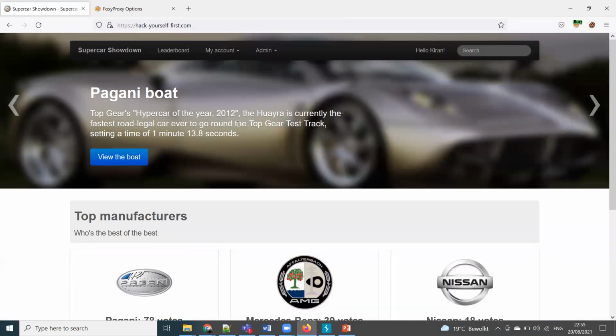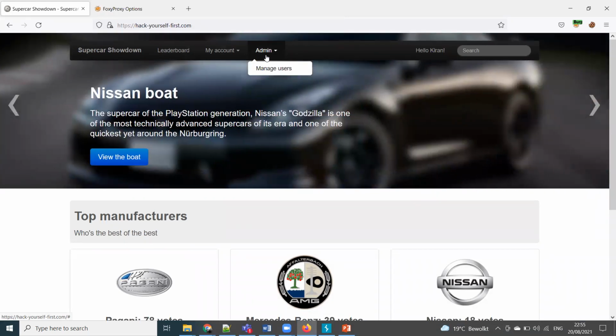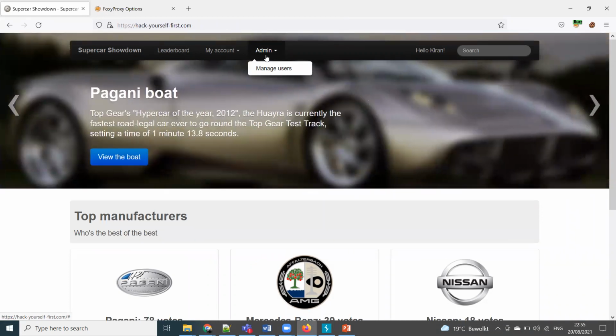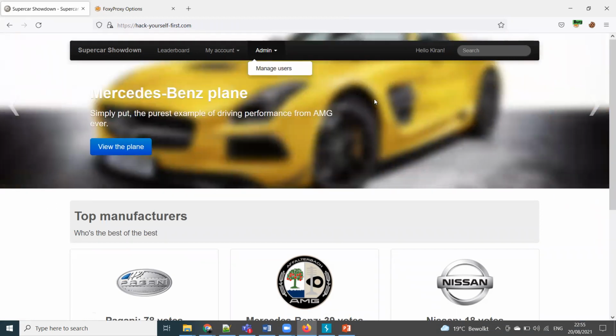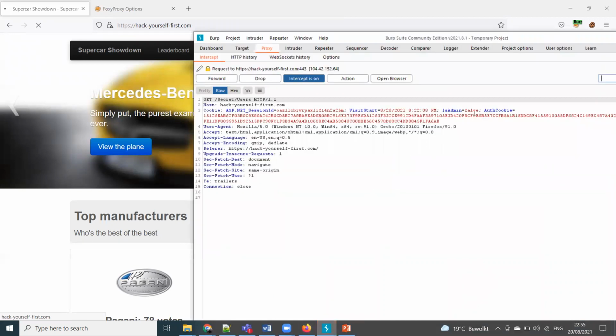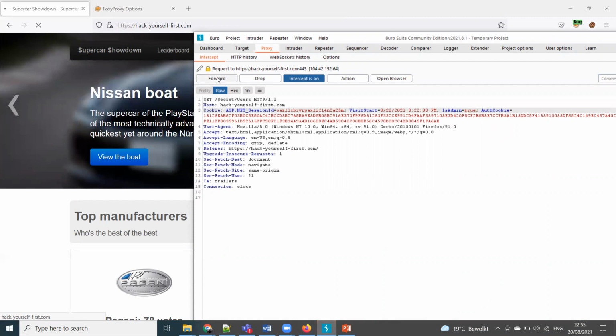Now you can see I'm Kiran. That's okay because I'm logging in as Kiran, right? But the main thing is what you can see here. Initially, I was just a normal user. Right now, I'm admin because I saw in the cookie that the is admin flag is false, so I changed it to true. Now I can see I logged in as an admin. If I click on manage users, again, each and every request is going to Burp Suite, so I'm just changing false to true and forwarding.